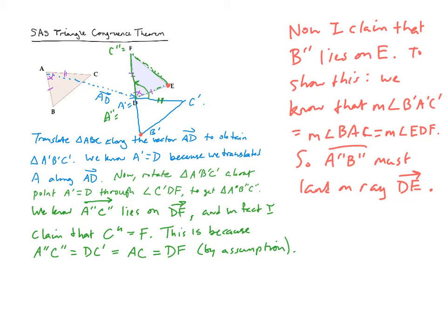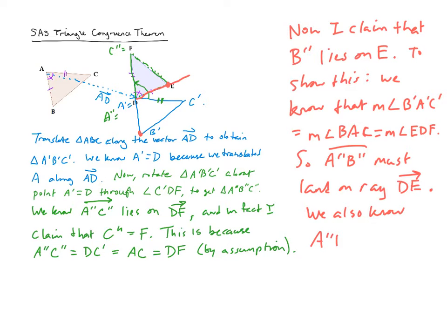So I know that at least that rotation there is going to move this side here, side A prime, B prime, somewhere out here, out this way. I just need to verify that point B prime is going to move to point E exactly after that rotation. Well, why would that be true? How do I know that point B after the rotation doesn't end up someplace further out or someplace closer in? What assumption do I have in the problem that would tell me that that's not going to be an issue? There's one more assumption I haven't used yet, and that is that we also know